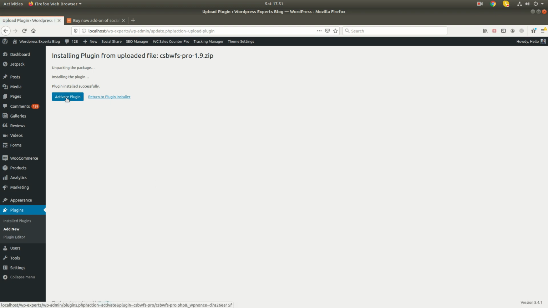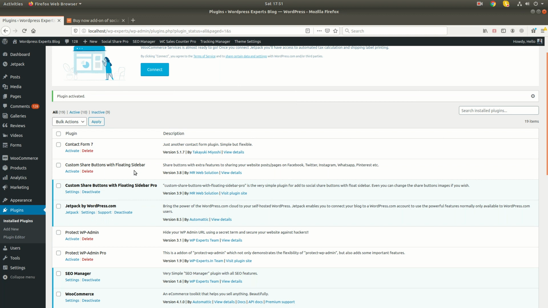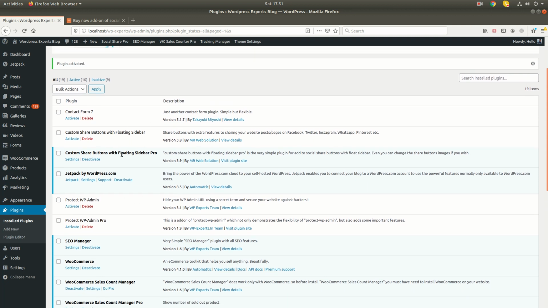The plugin is ready, it means the add-on is ready to activate. Let's activate it. Once you activate our pro add-on, your existing free version plugin will be automatically deactivated. After configuring all the settings of the pro add-on, you can delete the free version. As we have already included all the features in the pro add-on, there is no requirement for the free version plugin, so you can delete it after configuring the plugin settings.